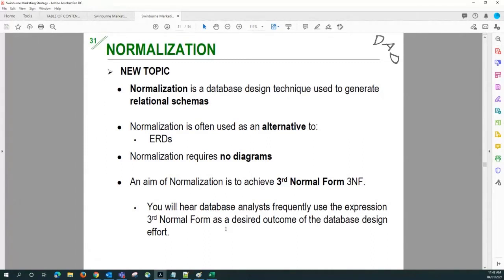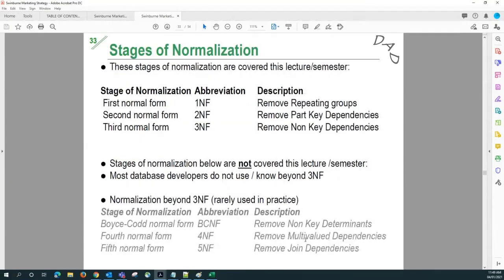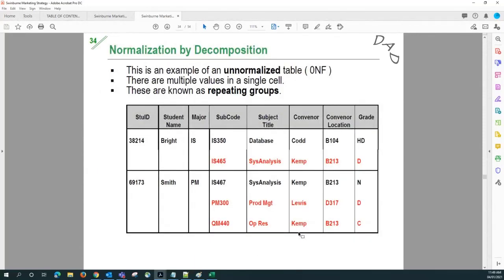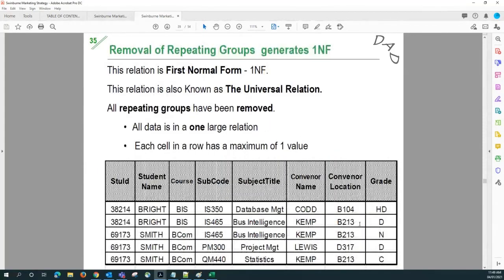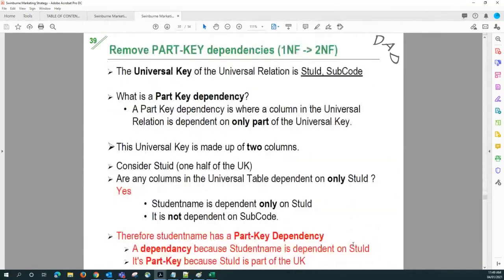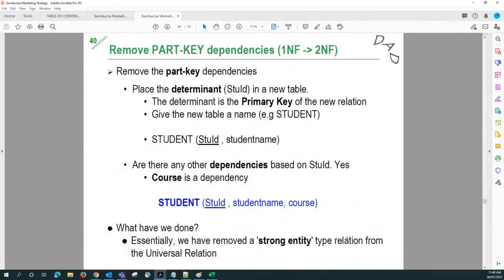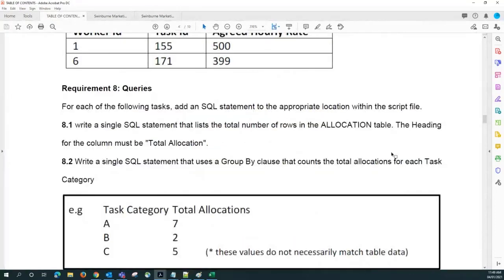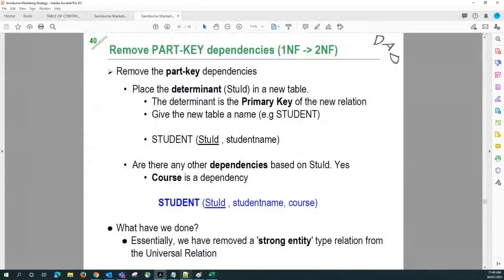So for normalization, there's a certain process we need to go through. Remember the first normalization, then the second normalization, and the third normalization. I have explained these three steps, so just listen to my week 9 lecture. I think I explained that in more detail. Okay. Right, so let's go through this week's